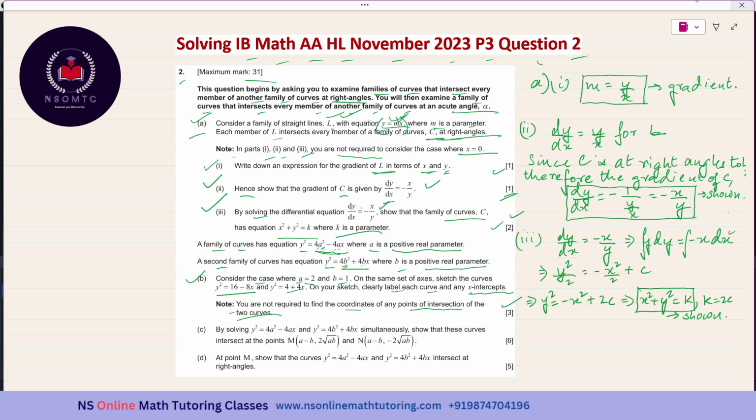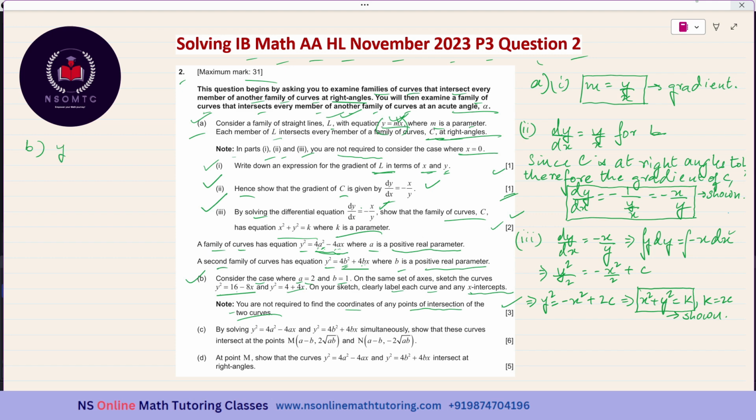But there is one problem, because it is y square equal to 16 minus 8x. So how to sketch the graph? Because for inputting the function expression, it is y equal to some expression containing x. But over here, we are having y square equal to 16 minus 8x. So what we can do is, we can